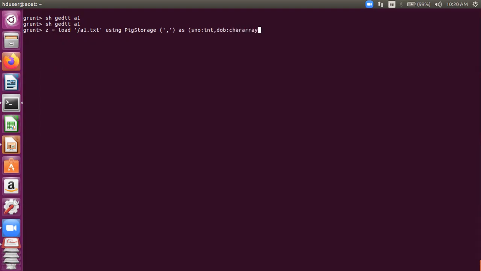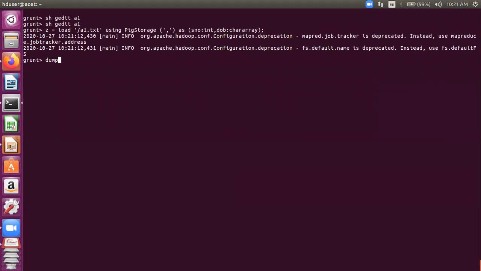Because right now our data set does not relate to any data type. We give it ourselves, right? So right now we can assume it as a char array, a string. We'll convert it into a date first to work with the date time functions. I'll tell you how to do it. So this is my load function, using this data set A1, in which there are two columns. One is serial number, which I've taken as int, and the second one is a date. I've taken DOB as the name for it and char array as the type.